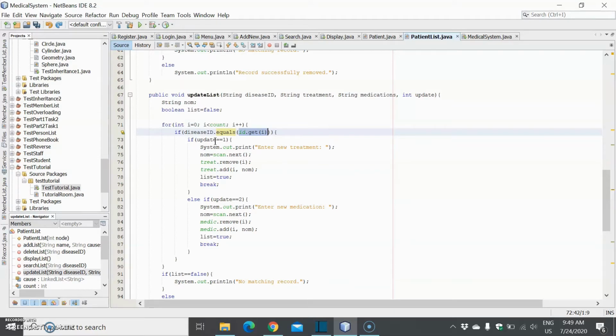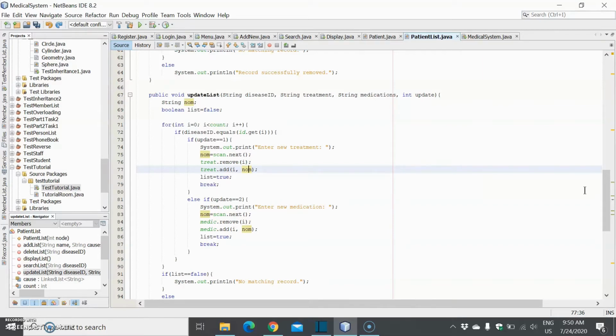So if update equals 1, the system will print out enter new treatment. The user can decide whether they want to remove the input or add the new input. Num is the previous data, and the new input will replace the num data. And list equals true and break.